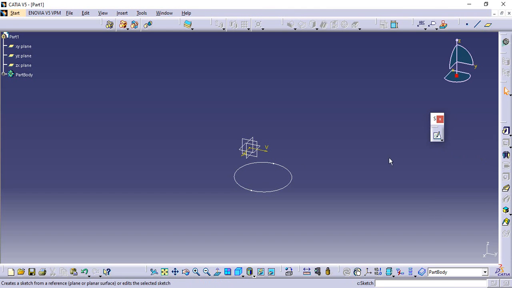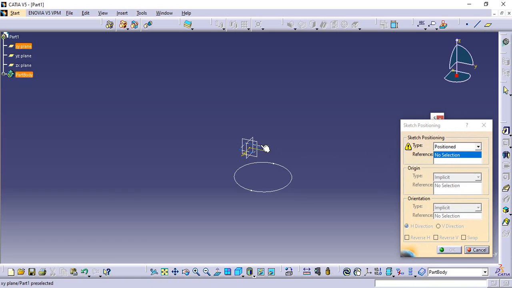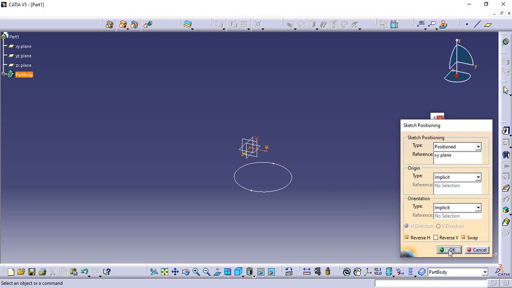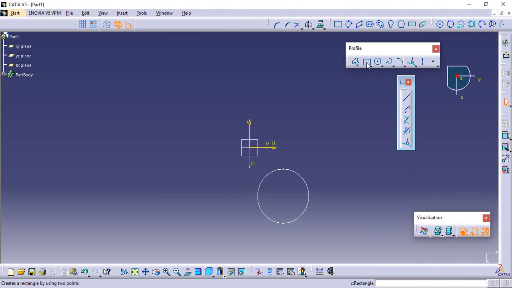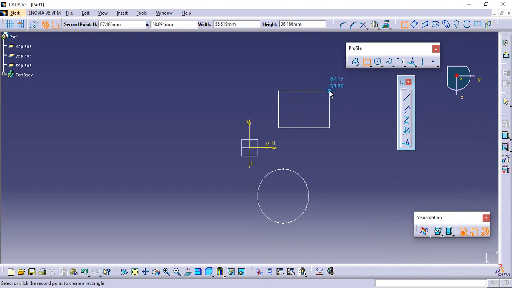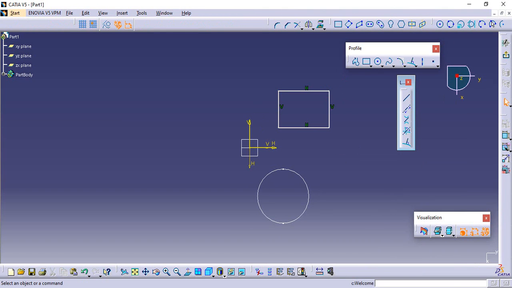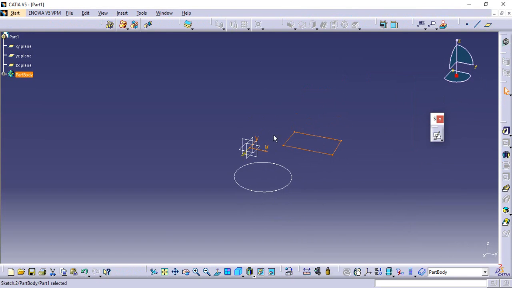How to use this? You just select Position Sketch, select the top plane, and you can orient your directions, like I'm doing swap, vertical or horizontal. Now if I make a rectangle in the first quadrant, the rectangle will definitely come in the first quadrant.